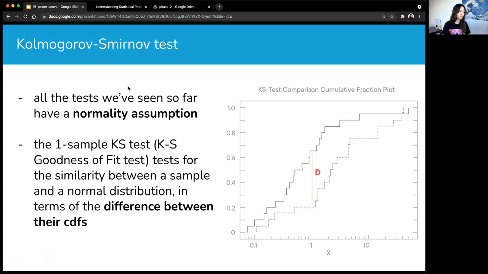It basically tests for the similarity between a sample, just any sample data, and a normal distribution in terms of the difference between their CDFs. So if you remember, we talked about PDFs. For example, any normal distribution is a probability density function. And then you have the cumulative version of that,